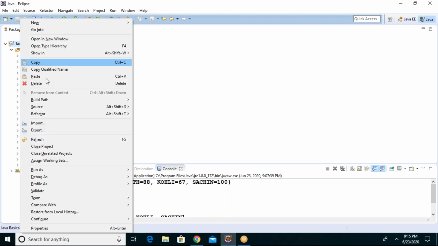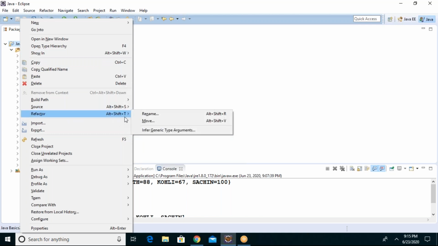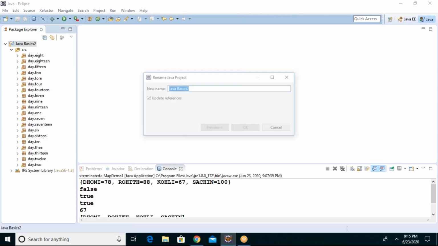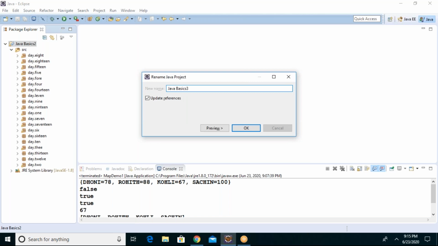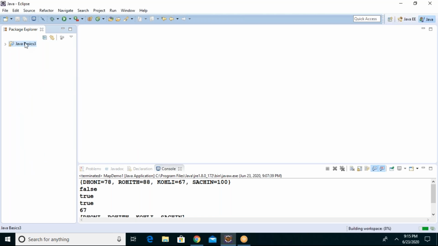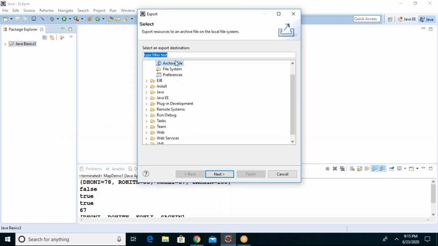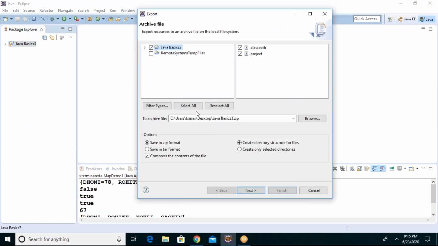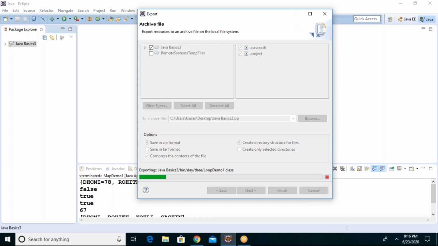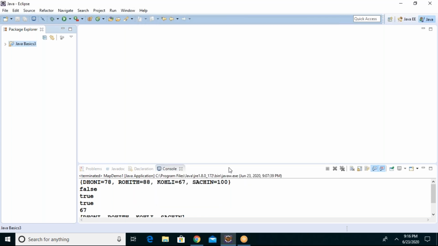Okay, guys. So you should know how to import this in your machines. I'm sending it as Java Basics 3. I will export this as an archive.